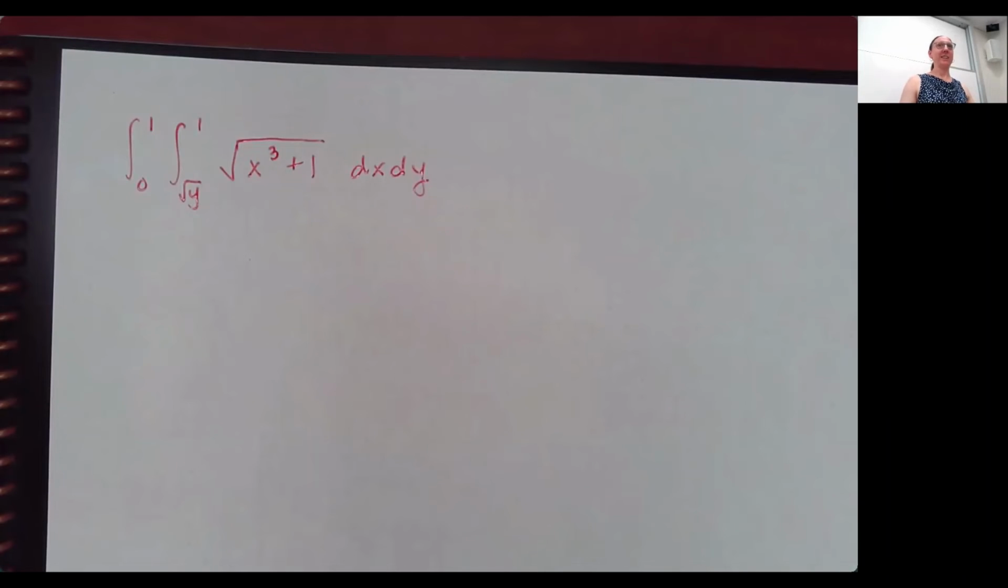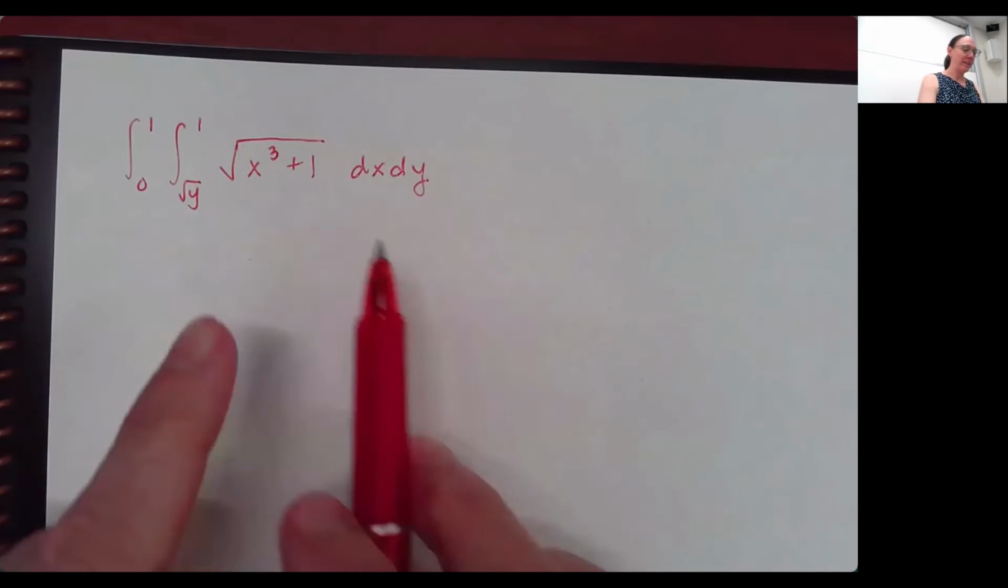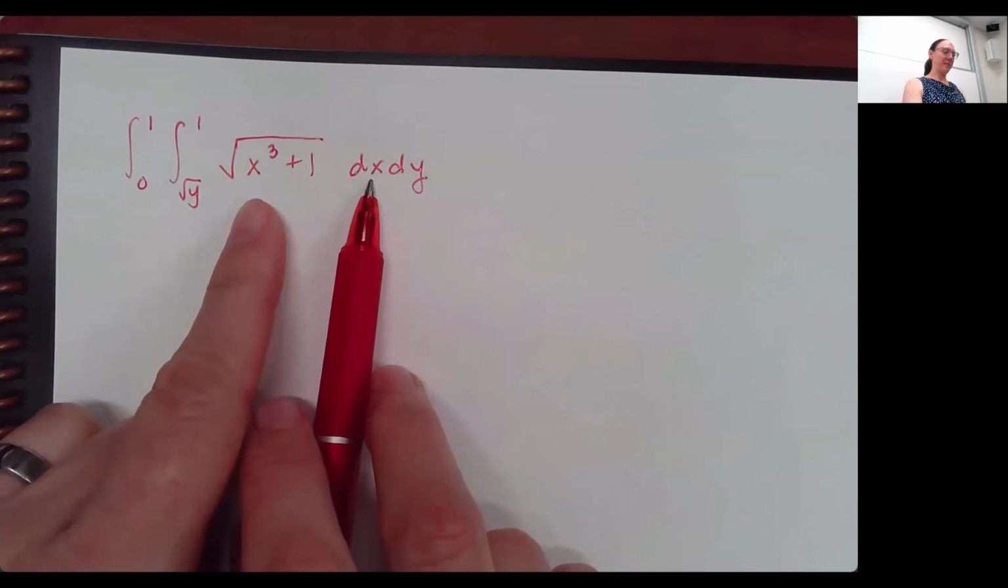This cannot be integrated the way it is written, or it was just going to be really, really ugly. And when that happens, one of the tools that we have for double integrals anyway is to try switching the order of integration. So if I look at this, and I was going to try to integrate this with respect to x right now,